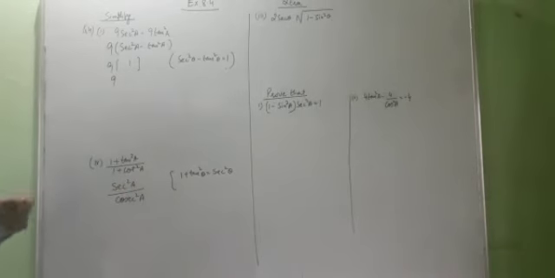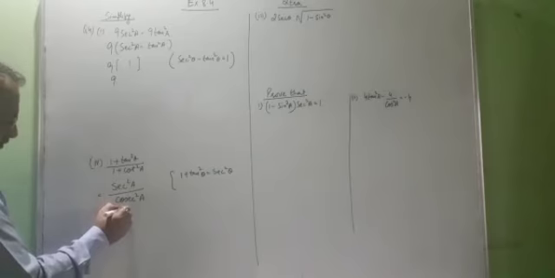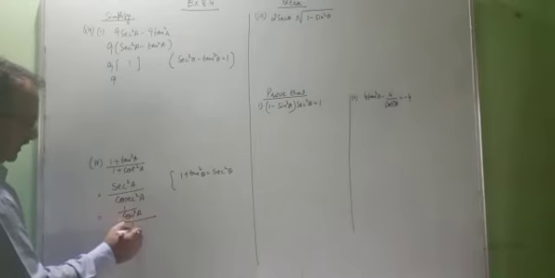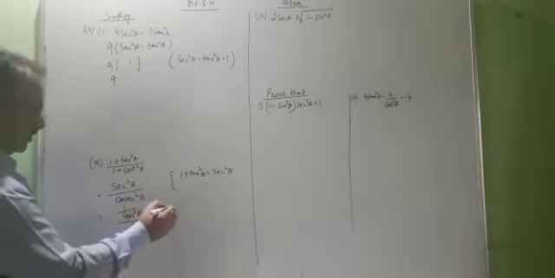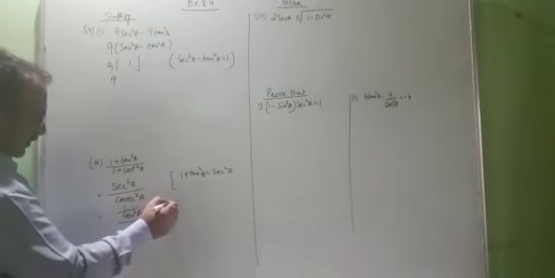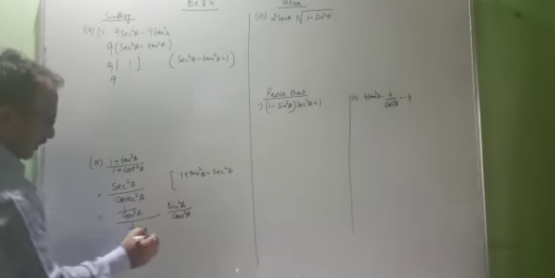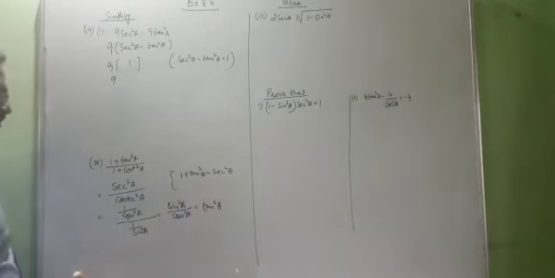Now you can simplify it more. Secant can be written in the simplest form by writing in terms of sine and cos: 1 upon cos square upon 1 upon sine square. So it's a double fraction, and all of you know how to solve a double fraction. It will be multiplied, so it will become sine square A upon cos square A. So it is tan square A. You can check which option this is. This is also of the MCQ type or 1 mark question.